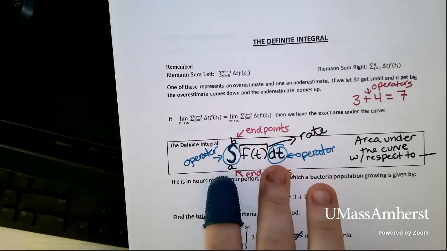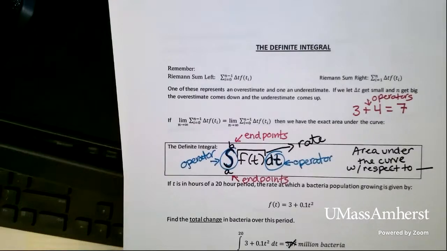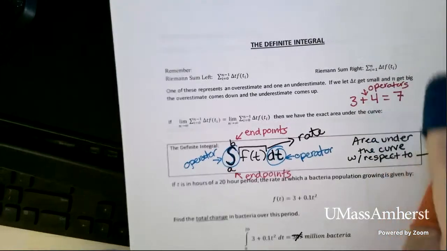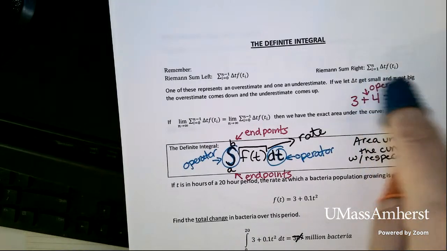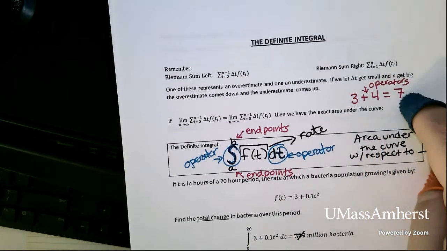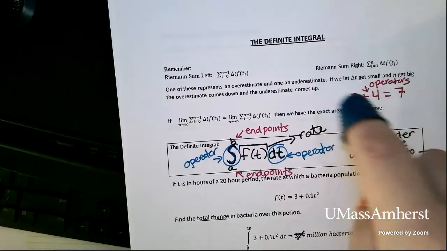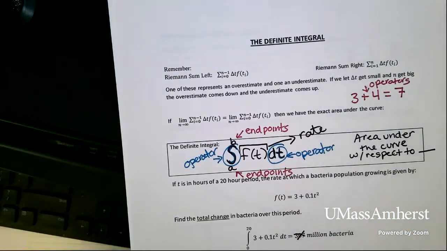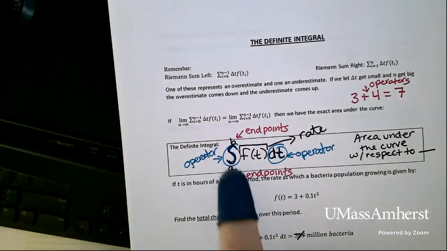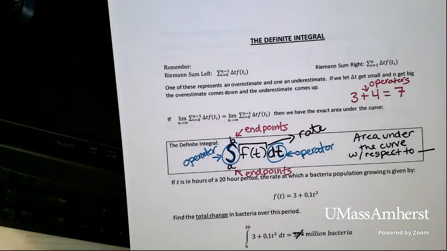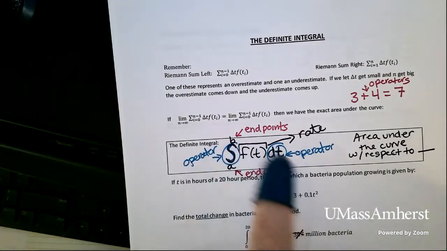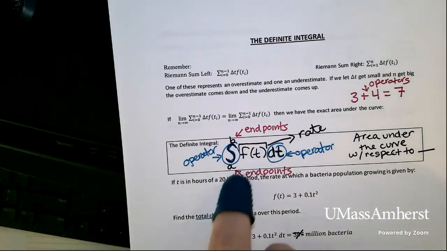These two operators are going to disappear once you have found the area under the curve, right? Just like here, the 3 and the 4 and the plus are all gone because we found what happens when you use this operator. Same thing happens here. Once we find the area under the curve, it just equals some number, and all of these parts disappear because they were operators. Okay, so the definite integral is going to tell us the area under a curve between 2